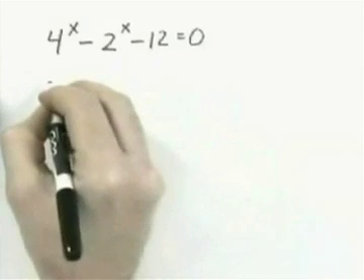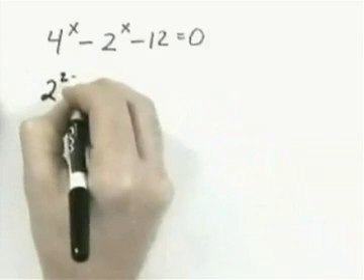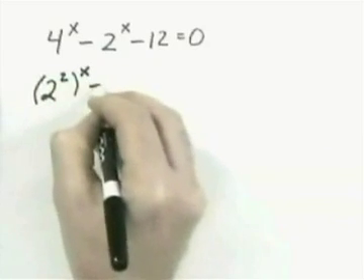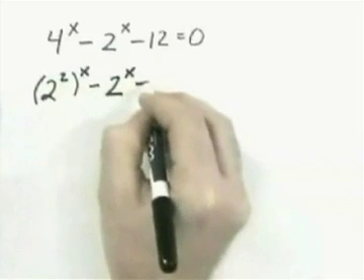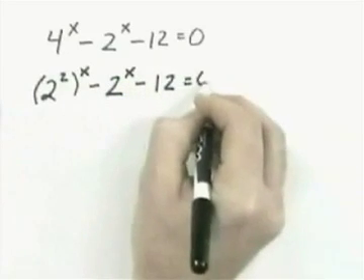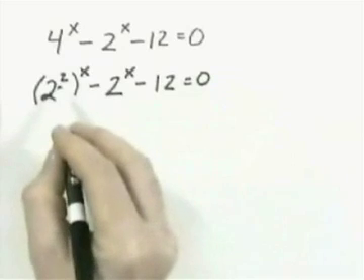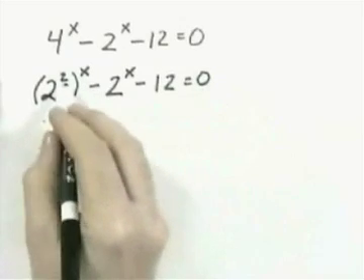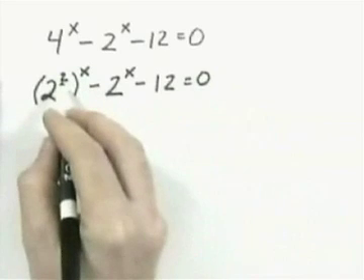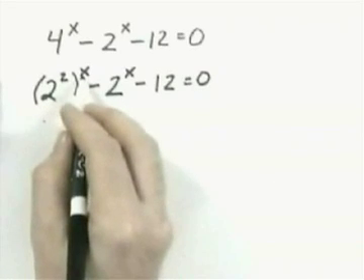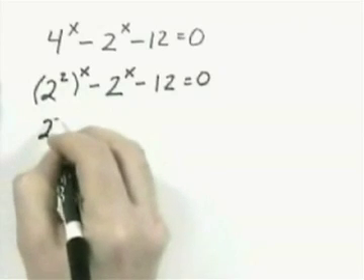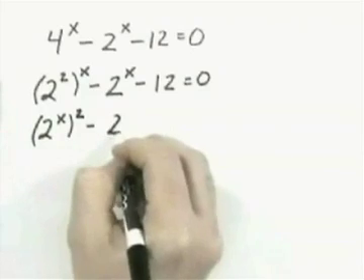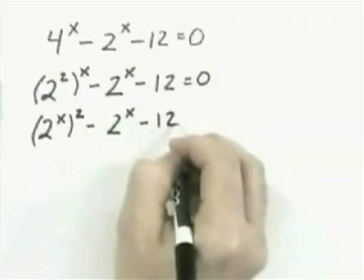We can write 4 with a base of 2 by recognizing that 4 is 2 squared. That gives me 2 squared to the x power minus 2 to the x power minus 12 equals 0. Now, 2 squared to the x power can be written as, what I'm going to do is flip-flop these exponents. Right now it's 2 times x. There's no reason that I can't write it x times 2. In other words, I'm going to get 2 to the x all squared minus 2 to the x minus 12